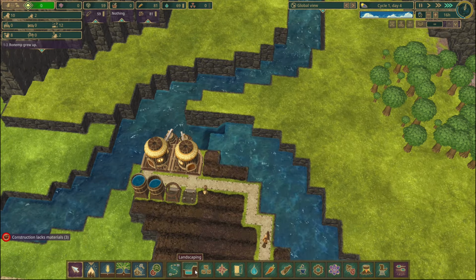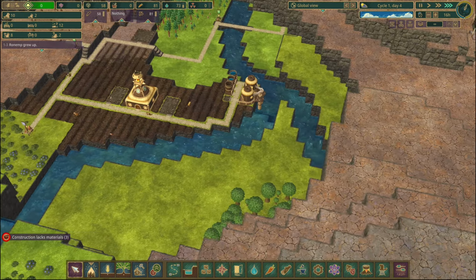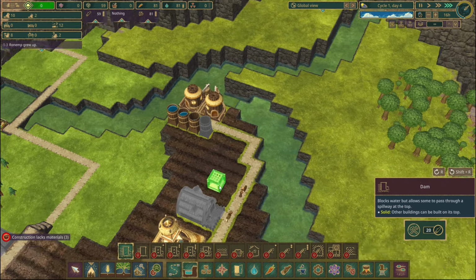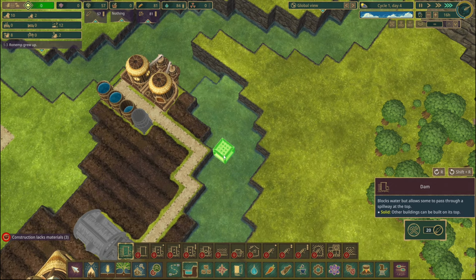So we want to seal that off there. So, okay. But before I build, well, actually, dams are important. Let's put the dams in here. We want to seal off this here. So I want to kind of come down here, don't I, and do...